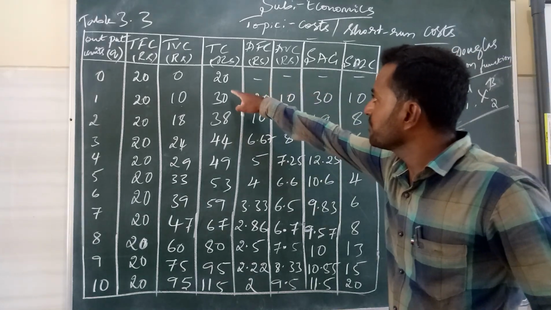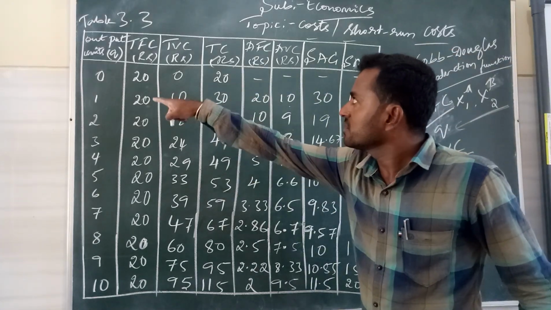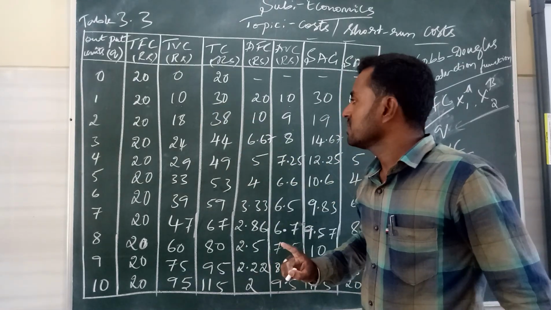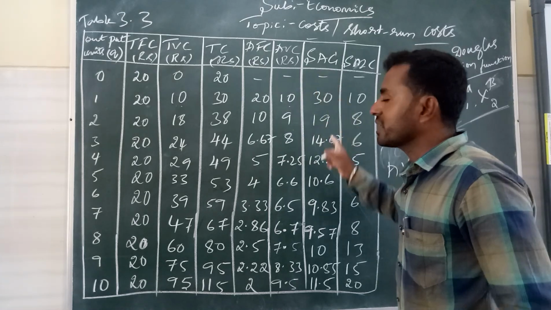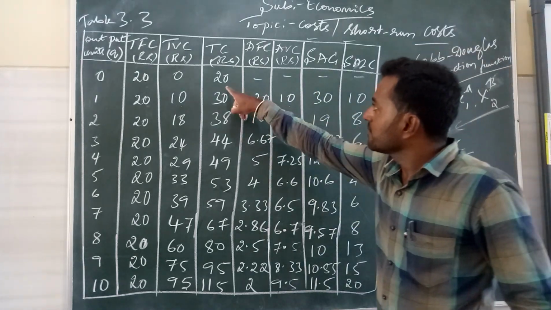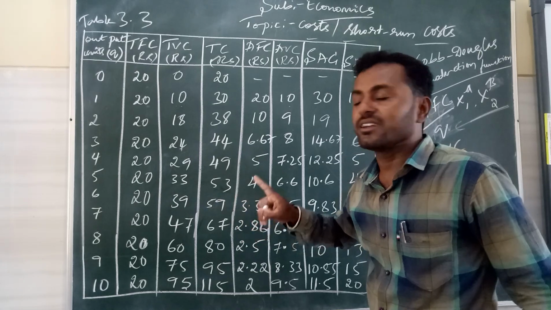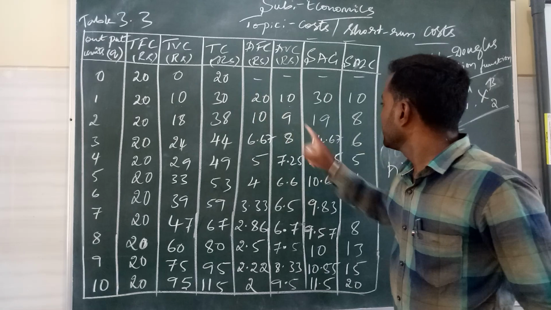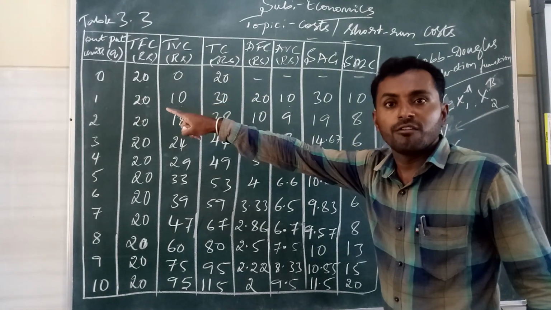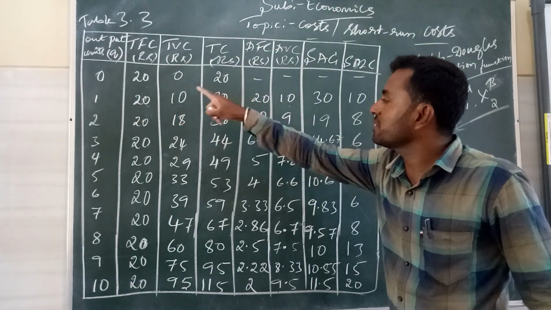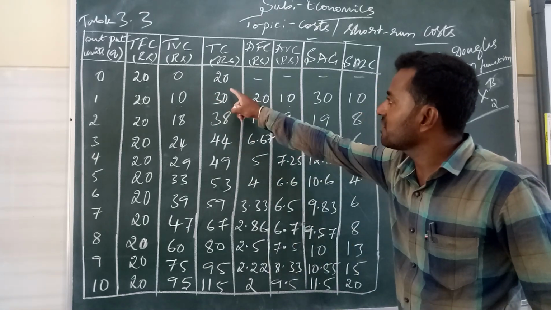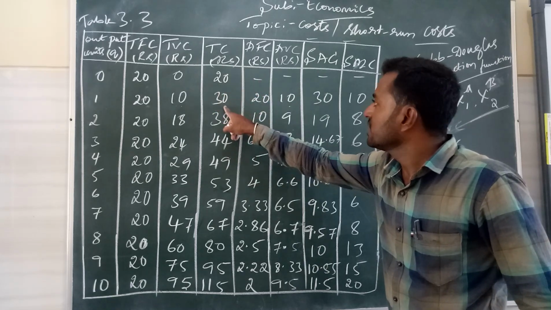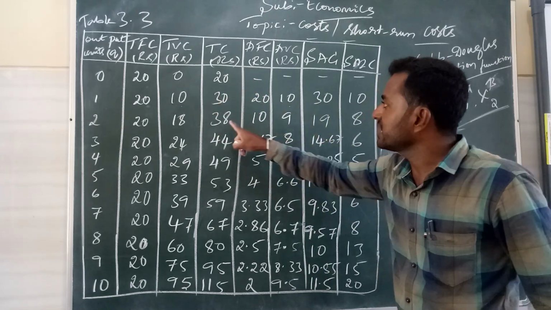See, this is the TC. Column number 4 divided by column number 1, then only we get the short-run average cost. There are two methods to calculate the SAC. The first one is TC divided by column number 1. See, these are the values of TC: 20 is undefined; then 30 divided by 1, 30; 38 divided by 2,